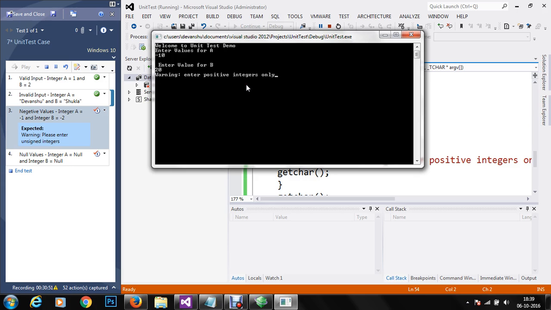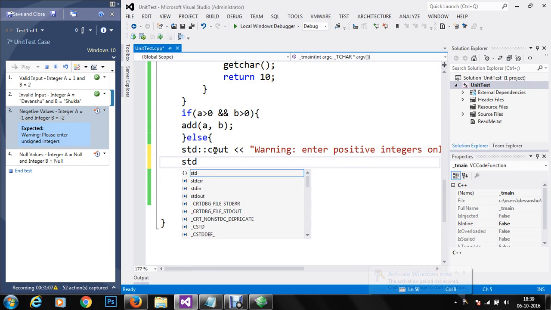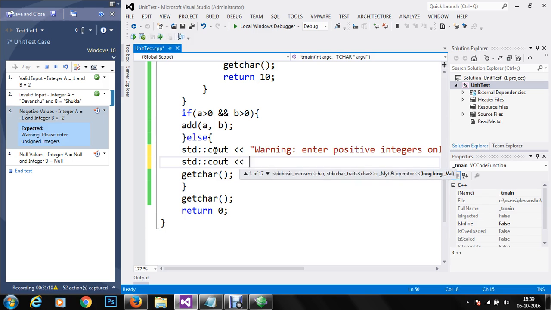So we're going to notify the user as well that only positive integers are accepted. Otherwise we won't get the correct response. So we can provide another important piece of information like quitting application, and we're done.